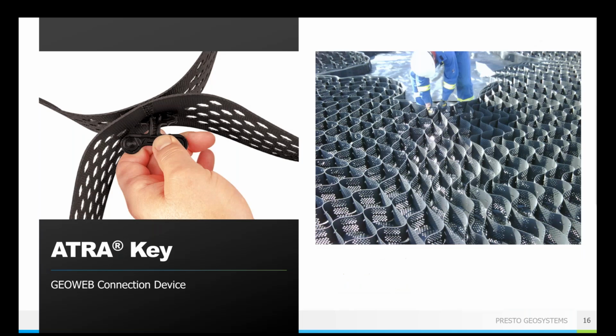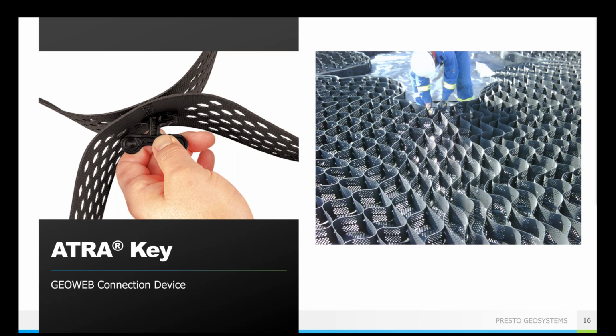So to cover a couple of these, the first one is going to be the ATRA key, and this is our crucial component for that fully integrated system. The ATRA keys connect each individual GeoWeb panel into a single web that covers your entire project area and significantly speeds up your installation. Made again from that durable HDPE plastic, they will last the lifetime of the project without breaking down.